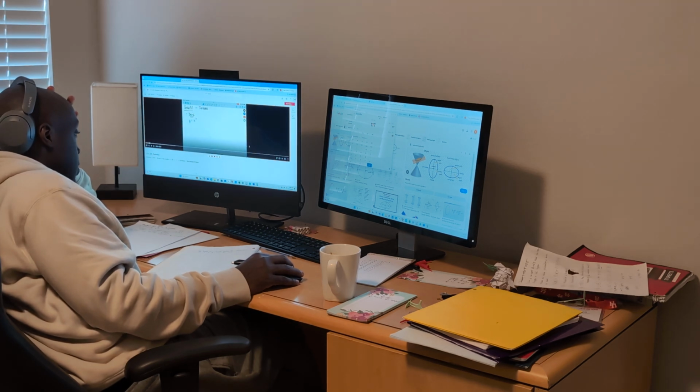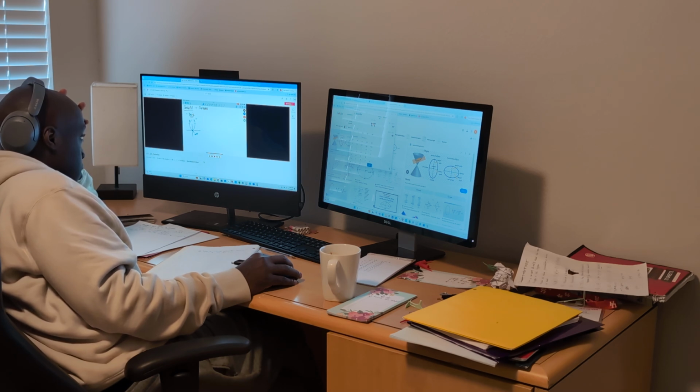X squared. And let's talk about some properties. We know the vertex is at 0, 0. And because this is a positive parabola, it opens up. We know that if we pick an x over here, there's a y value that goes with it. But if we pick the exact opposite x,